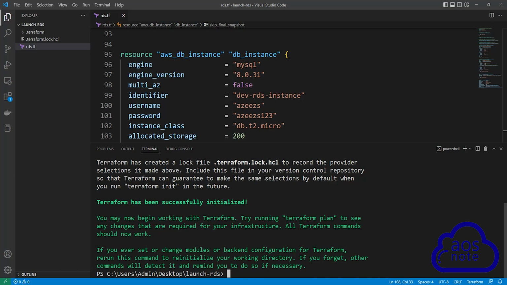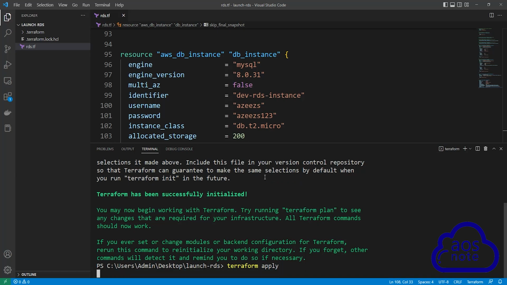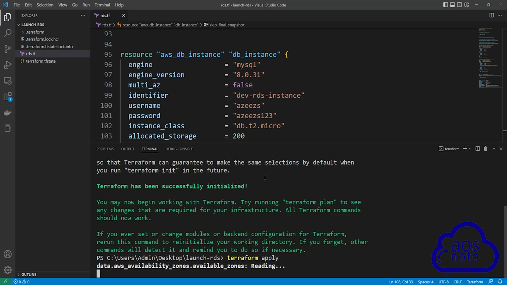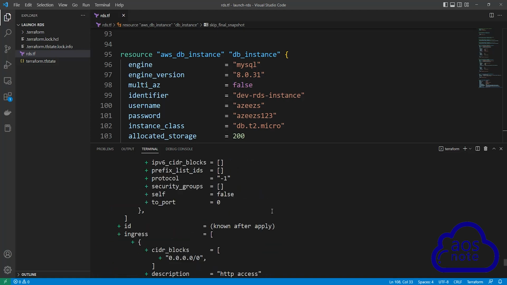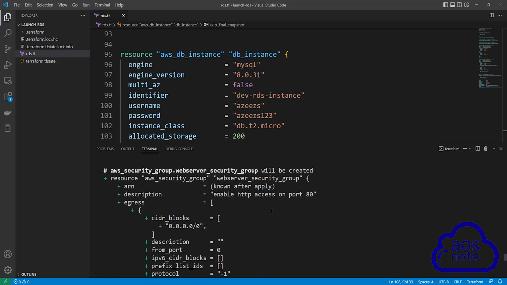Once you have successfully initialized, the next command we will type is terraform apply to create the RDS instance. Type terraform apply. Once you type terraform apply, press enter. Once you type terraform apply and press enter, the first thing Terraform will do is show you the plan, and the plan contains the resources that Terraform will create in your AWS account based on the resources we have written